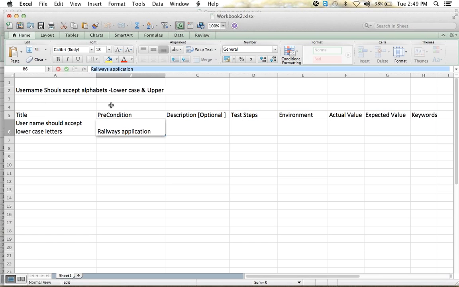Whatever we mention in a precondition, like we need to verify, for example, I'm saying verify access to the register. So here, in this particular application, we are verifying a precondition.